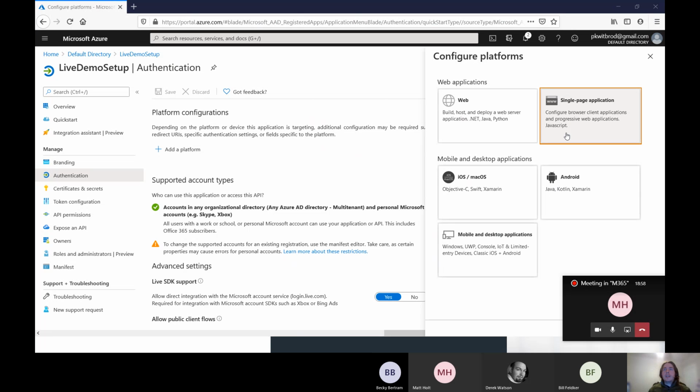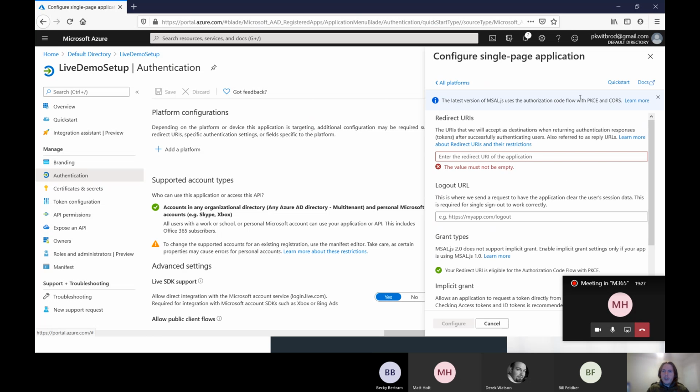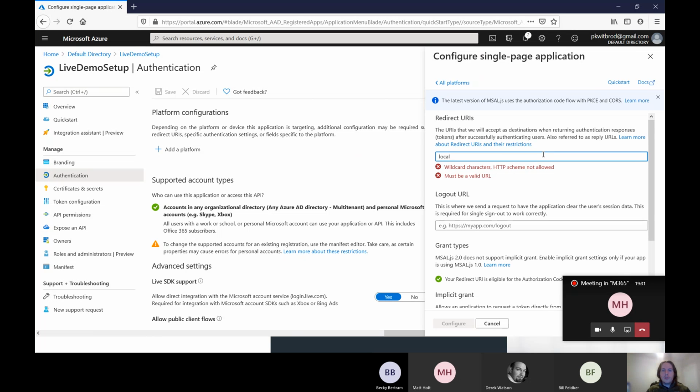Why that matters is in a single page application, routing isn't handled the traditional way. You're not going to be redirecting back and forth to different pages. You'll want a pop-up experience, which we'll do. Web ones, that's applications that you deploy to a web server that requires slightly more configuration. Applications, this is available on iOS, Mac, Android applications, as well as the desktop applications. Oh, sorry, clicked on that on accident. There we go. So we're just going to do a single page application, and since I'm only going to be running this locally,